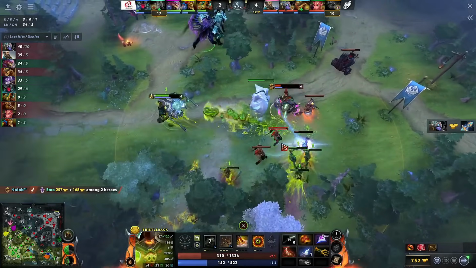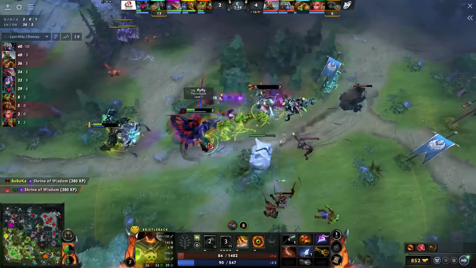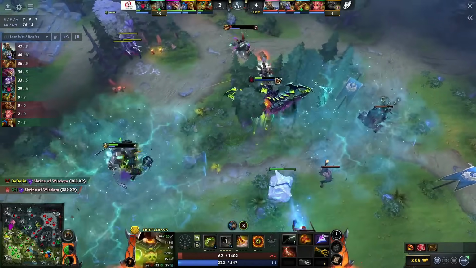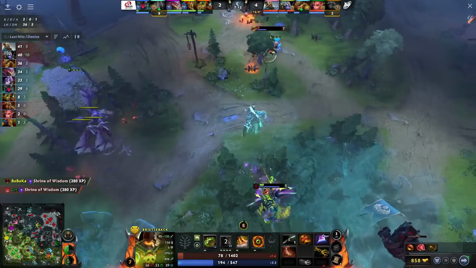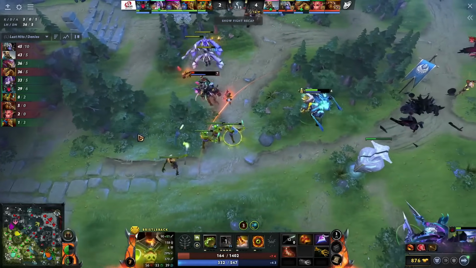He's still got a Lotus. He's thinking of taking down the Elder Titan. The Terror Blade gonna make him reconsider. He's gonna pop the Lotus. He's dropping really low, and the Metamorphosis is gonna run out. So the Bristleback